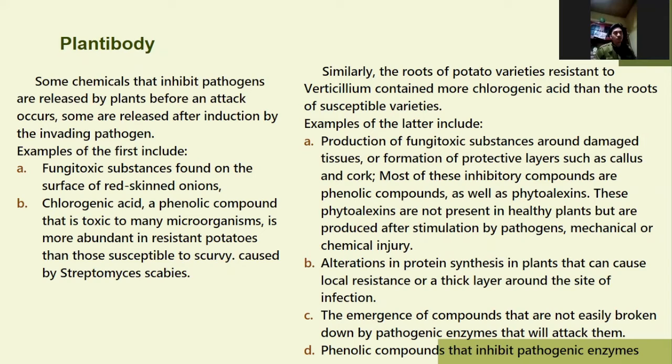Similarly, the roots of potato varieties resistant to Verticillium contain more organic acid than the roots of susceptible varieties. Examples of the latter include